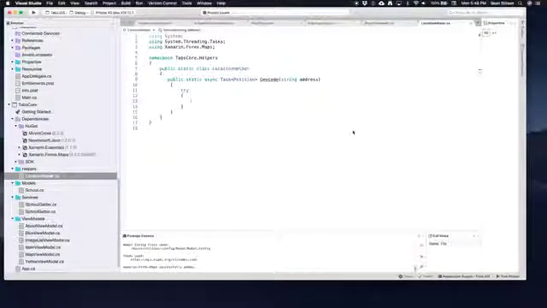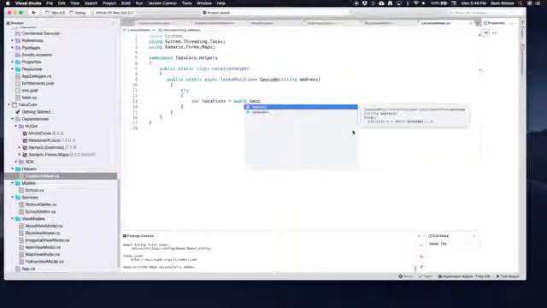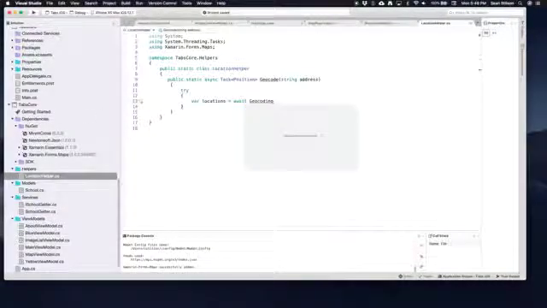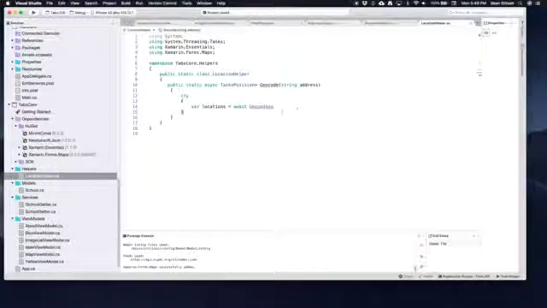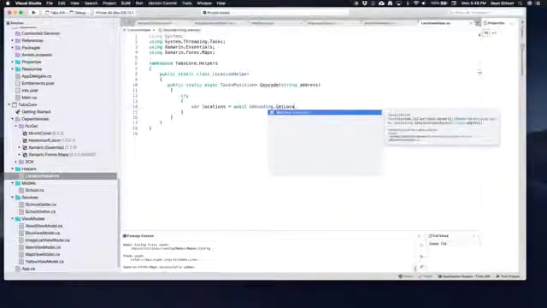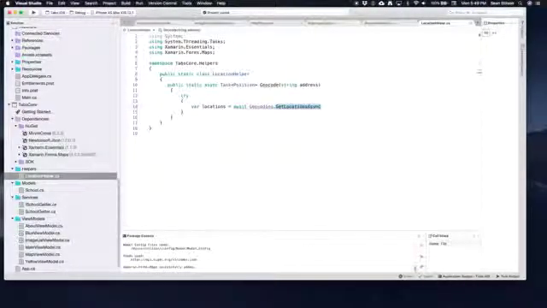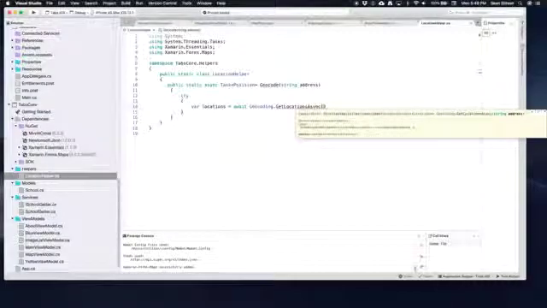I'm going to put a try catch in here though, because this is a call to an external API. So I'll do locations equals await geocoding, and we'll have to resolve that using Xamarin Essentials geocoding.get locations async, and it just simply takes the address